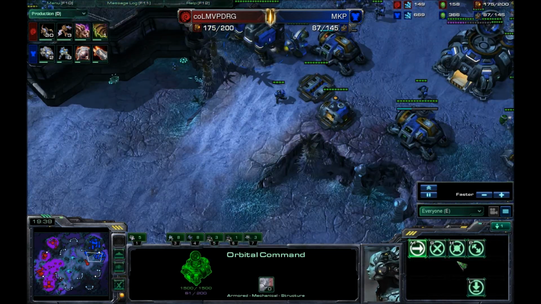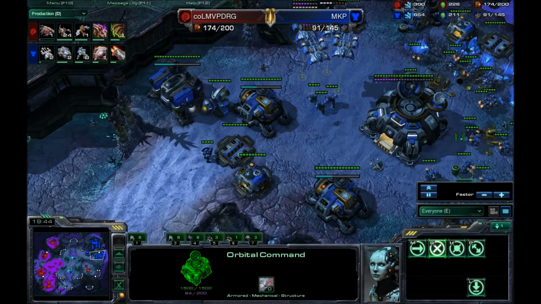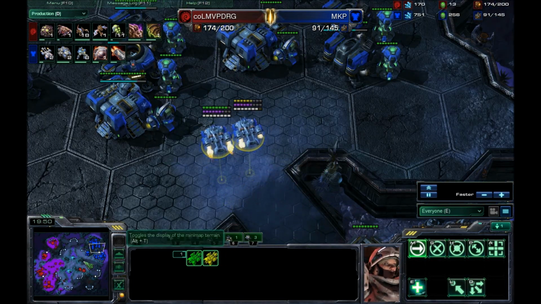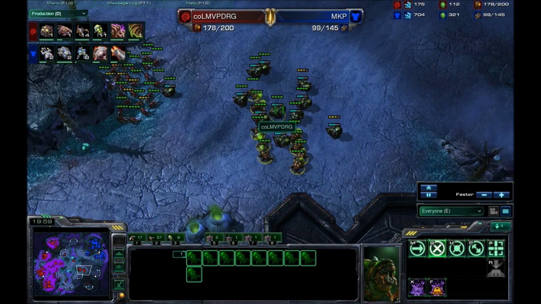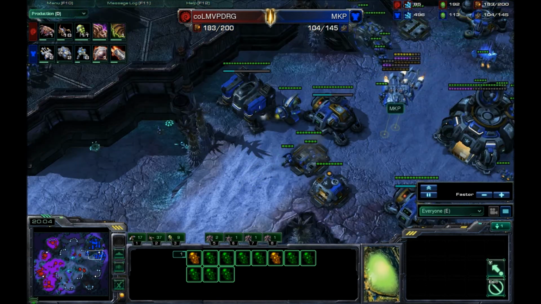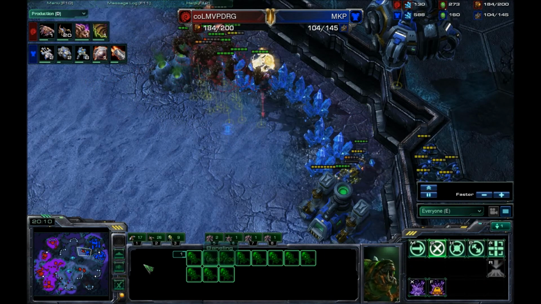DRG is up 2 expansions right now with a macro hatch, getting an infestation pit, and it looks like Marine King's going to go ahead and try for a drop. He wants to take out this expansion, keep DRG from having too much of a lead over him, and DRG is just saying, you know what, suck it. I'm going to get a crap ton of banelings and bust down your door, and I'm going to rush into your base. And where did those...